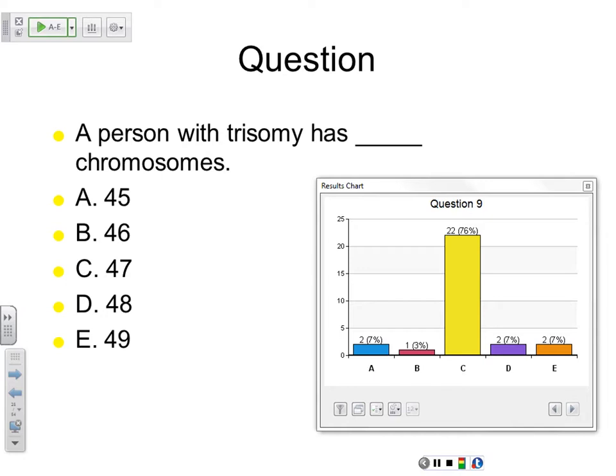So trisomy, of course, is a chromosomal condition where one of the chromosome pairs doesn't separate during meiosis, so both go to one gamete and the other gamete gets nothing. The gamete that gets nothing will get monosomy, which we're going to talk about, because it gets the other part of the chromosome from the other parent. So with trisomy, instead of having a pair, you have 3. So how many? Yeah, a bunch of them got it right.